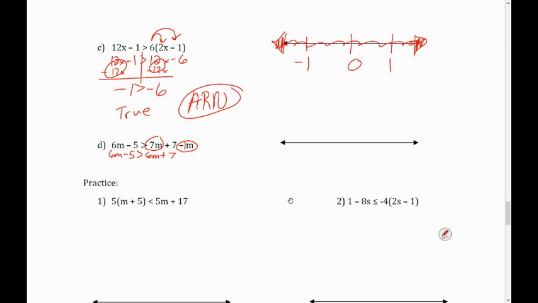We notice that they're the same variable again, so when we go to move those, they both go away, which leaves negative 5 is greater than 7. That is absolutely not correct, so that's a false statement, which means no solution for our answers. And again, with a no solution, we literally just pick any numbers we want to put over there in order, and we don't graph anything at all. Okay? All right, so for practice, okay, we've got a few questions here